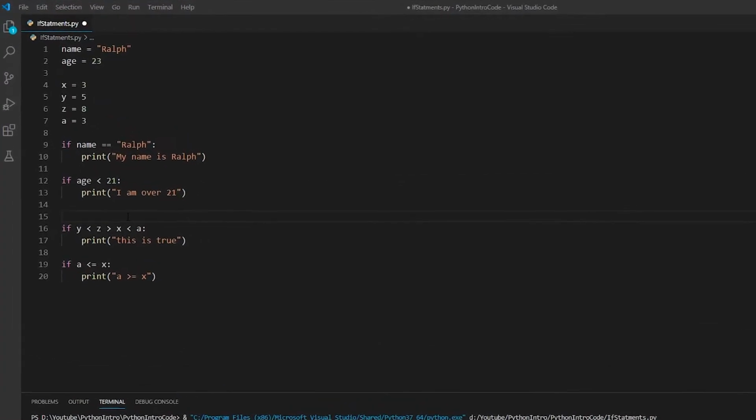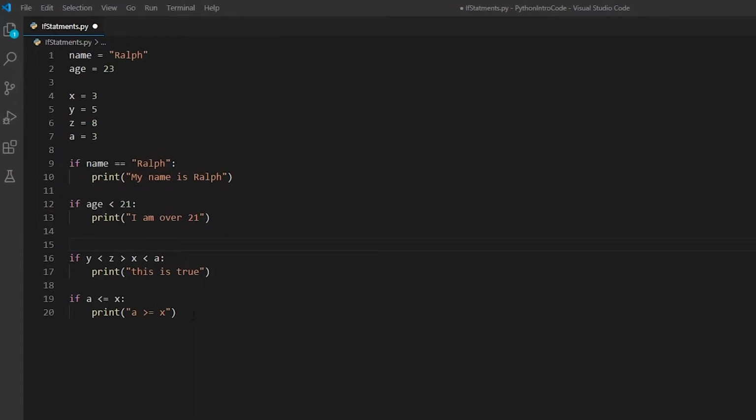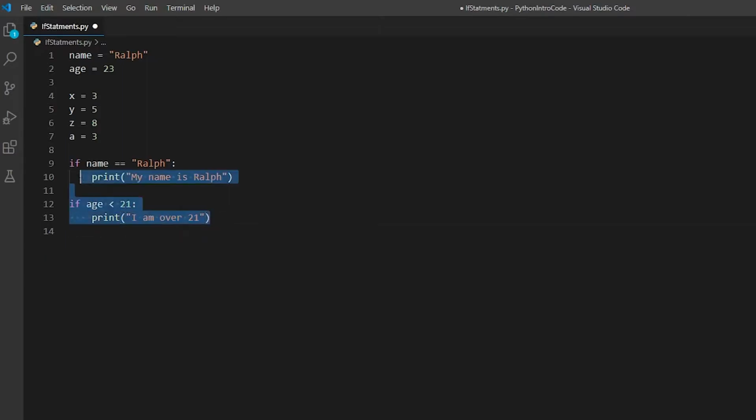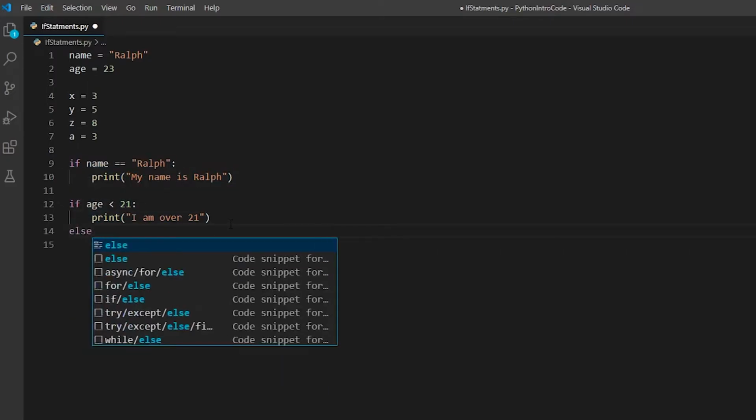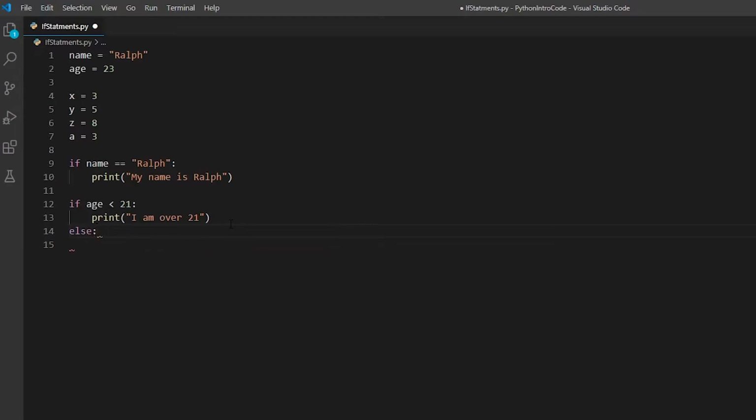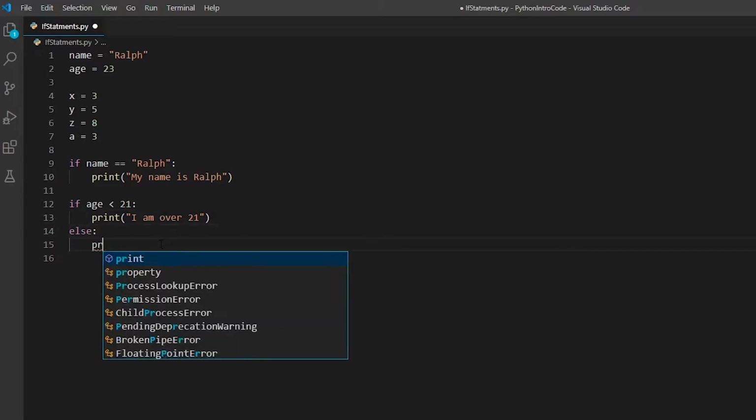Alright, so we made our way back to the IDE, and if you watched the previous video, this code should look really familiar to you. To start off, I'm just going to get rid of these few to save output in the terminal. And we'll just take a look at these two if statements. So like I mentioned, the else statement provides us with another layer of logic. So we can add the else statement to this if statement by typing in else followed by a colon, and then you hit enter. And we could type in print